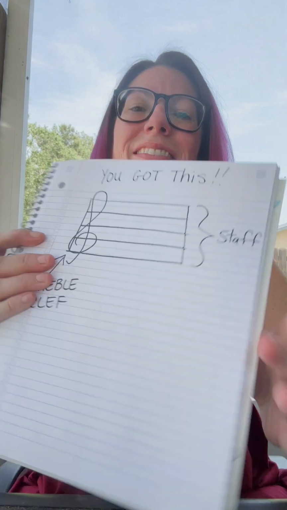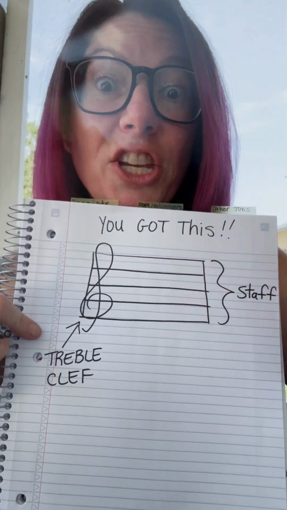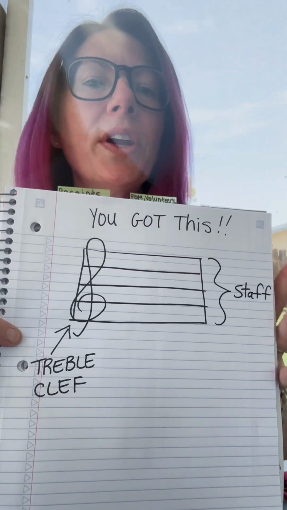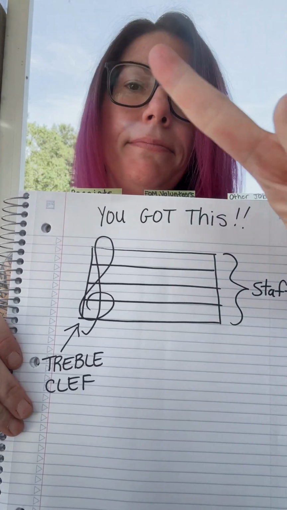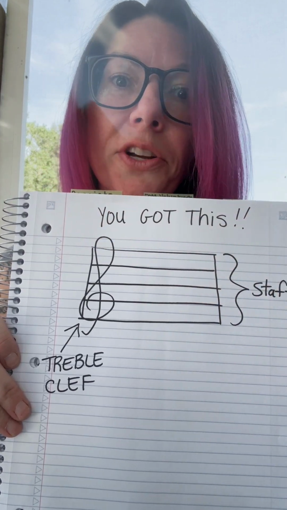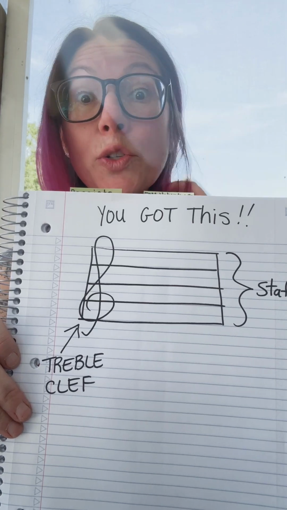Okay, are you ready for the little quiz, the fun little mini game here before we do our game on Thursday? Okay, hold tight. Here we go. So, we have our treble clef. We have our staff, and you got this. Miss Stacy is going to draw a note on a line or a space. Step 1. Figure out if it's a line or a space. Step 2, figure out the letter that goes with that line or space.